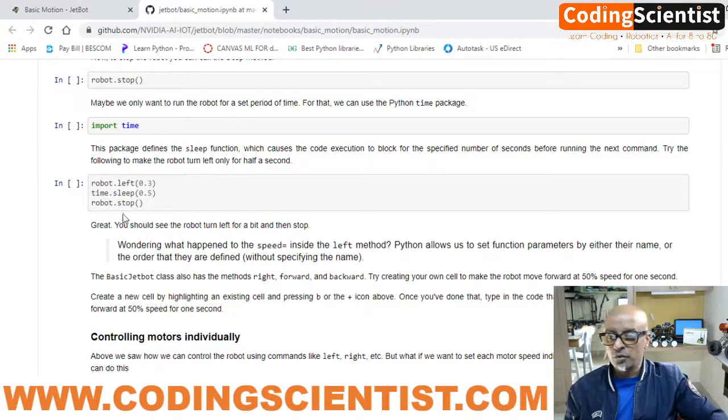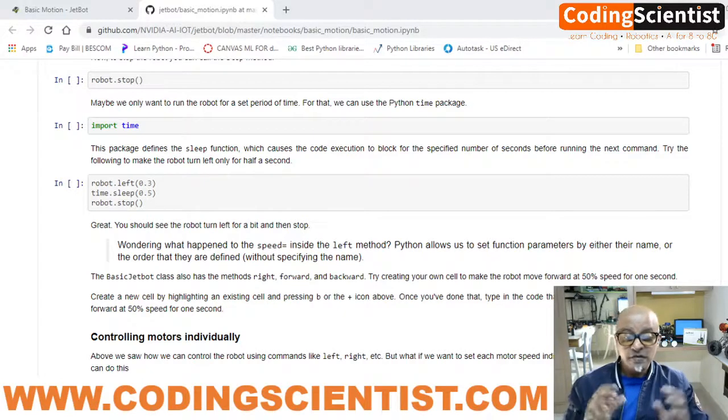If you go to the next three lines of code which we execute, robot.left 0.3, time.sleep 0.5, robot.stop, again it's a function. In this particular section of Python code, we are setting a user defined method within a function called left and right, and also using a sleep function which is inbuilt within Python.